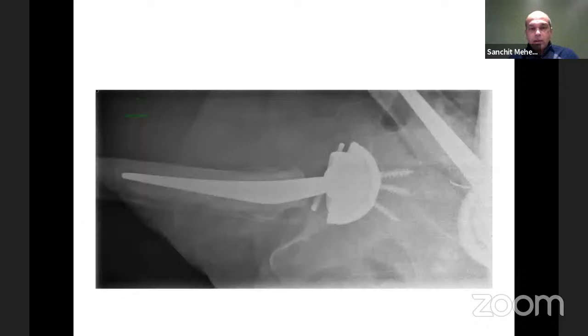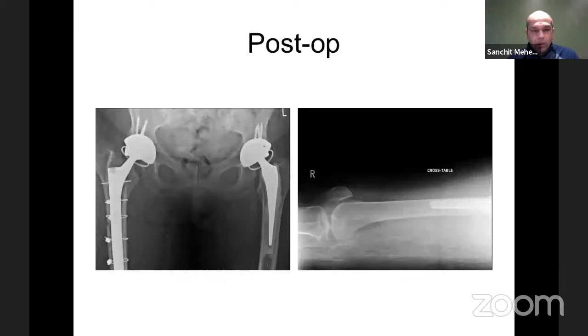Okay, this was the lateral, and the lateral looks fairly innocuous on that view. Our go-to stem is a long uncemented stem in these situations. If the patient can tolerate an operation that's long enough, and again, you can see that we've cleared most of the cement. There is still a thin sliver of cement around the lesser trochanter, but by and large you've restored the tube and then go back to a constrained mechanism. We did not have to do anything to the cup because that was well fixed.